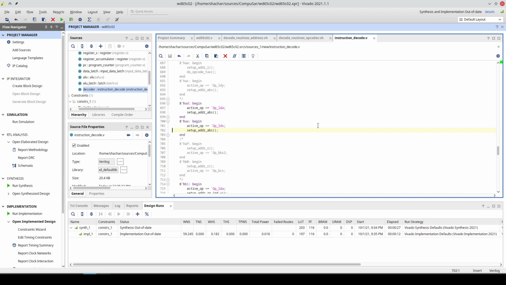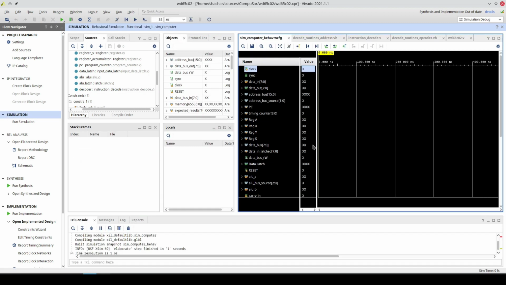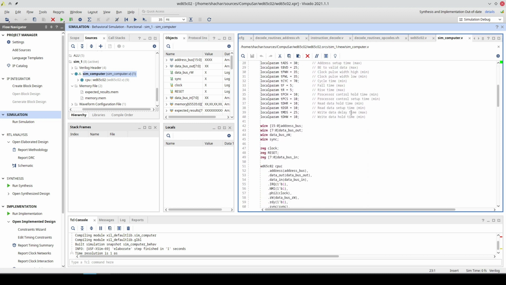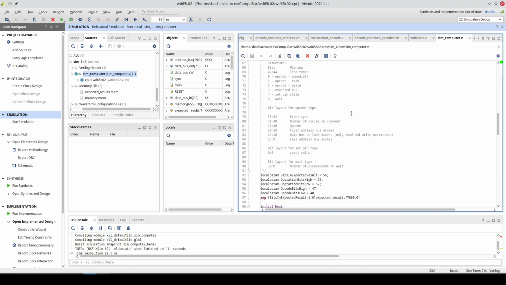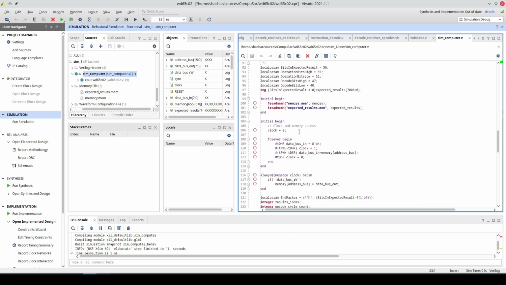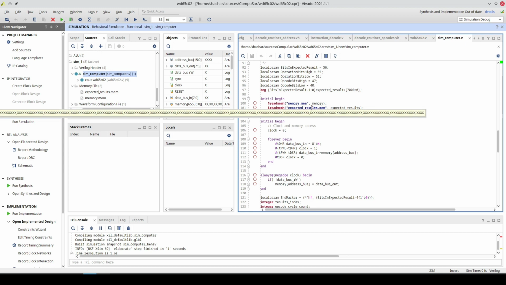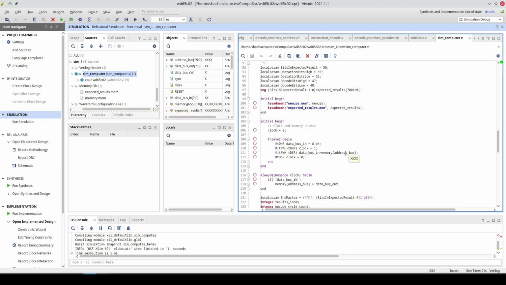In order to do that, we need to simulate the entire CPU. Thankfully, Vivado has exactly such a thing. It works like this: you write code in Verilog that simulates whatever you want. In our case, we just feed it a clock and make sure the clock works the correct way, and then we feed it a sort of memory image and the CPU can work off that memory image.